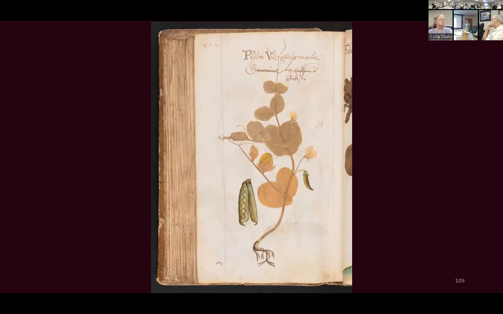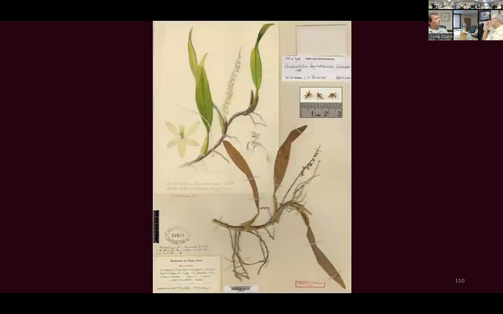And so this is sort of an extreme case. This I see as an experiment among many that were done early in the history of herbaria. And this experiment didn't stick. Okay, but it is fascinating. This is more the way you see art in herbaria. This is